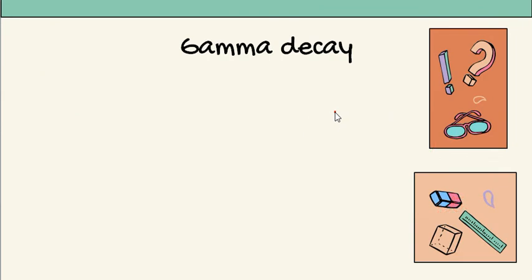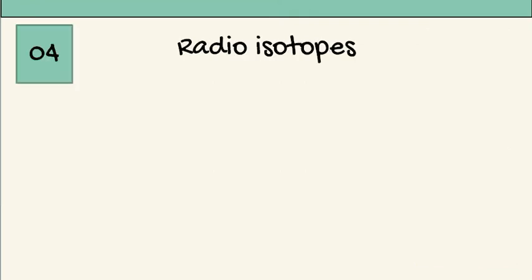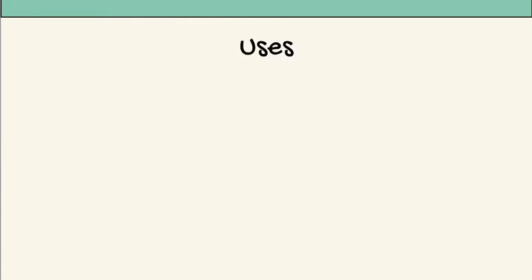Now I hope the concept of radioactive decay and radioactivity is clear to you. Now we are proceeding to the next topic, which is radioisotopes. What do you understand from the term radioisotopes? The isotopes of an element which undergo the process of radioactivity are called radioactive isotopes. Next we are dealing with the uses of radioisotopes. There are different uses of these radioisotopes. For example, iodine 131.